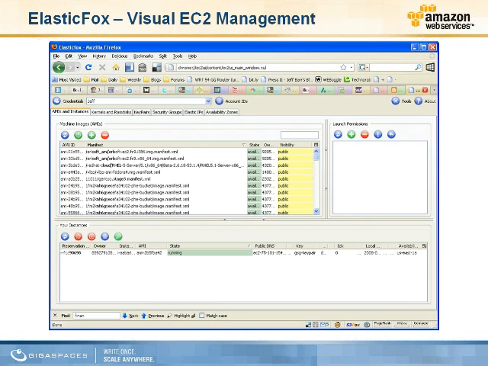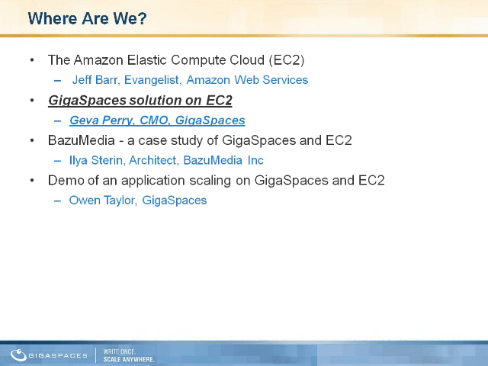Okay, this is a management tool called ElasticFox. This is a very straightforward Firefox extension that allows you to, in the top left panel, see a list of all the different AMIs, Amazon Machine Images, that are available to boot. In the bottom, you get to actually see the set of AMIs or instances that are running in the scope of your account. There's a set of menus and tabs and context menus that give you very complete and direct control of what is running inside your cloud.